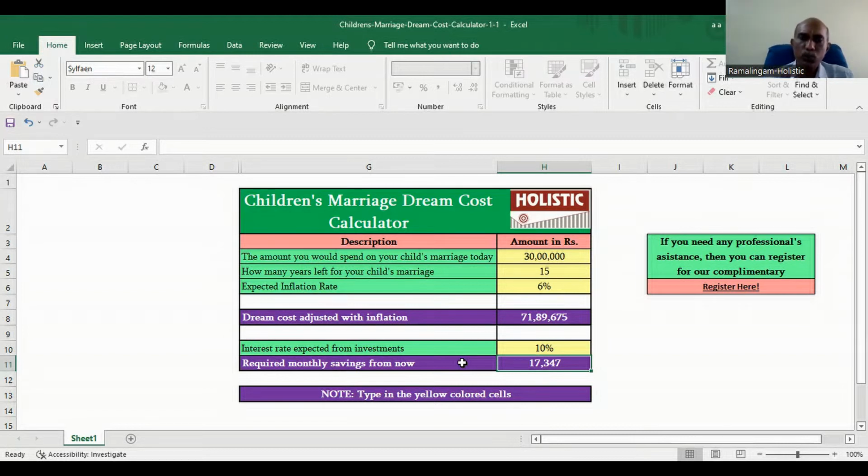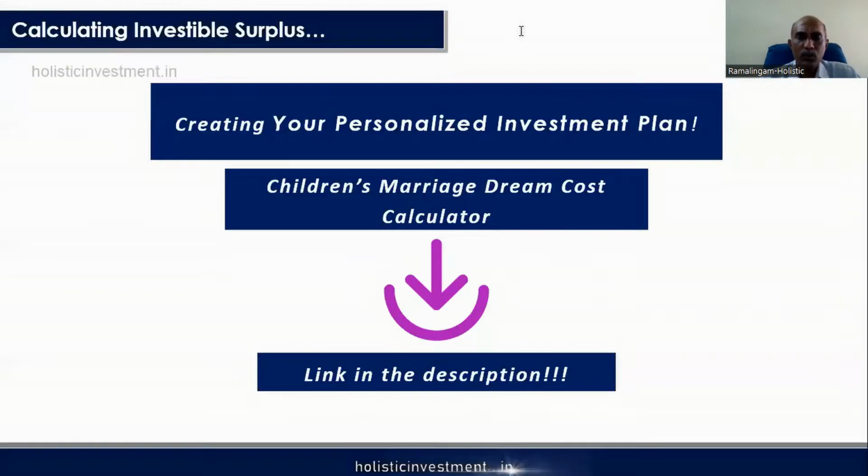You have a deficit. No worries, start with 40,000 rupees. Over a period of time, you can make more additional investments. You can increase it to 50, 60, 70, like that. You will be able to increase it to meet this particular corpus. So this particular Excel sheet will definitely give you clarity on where you have to start investing.